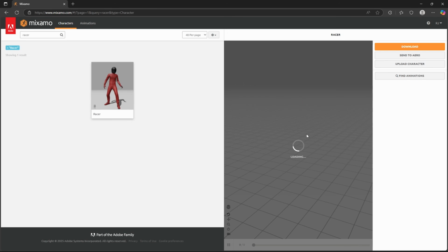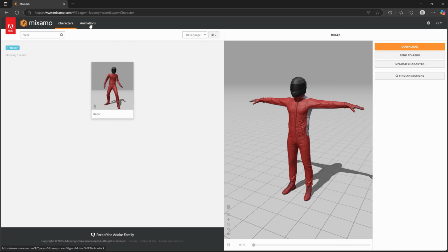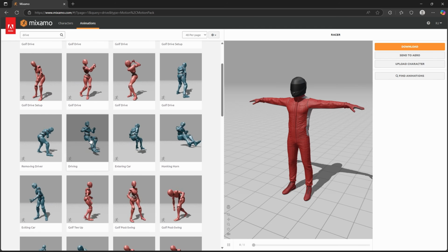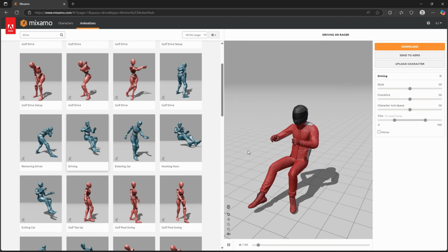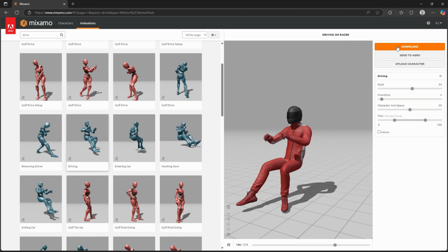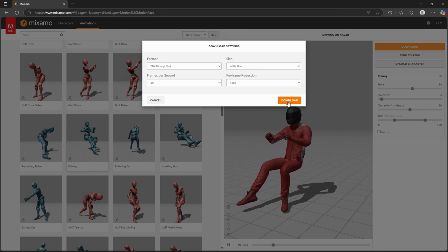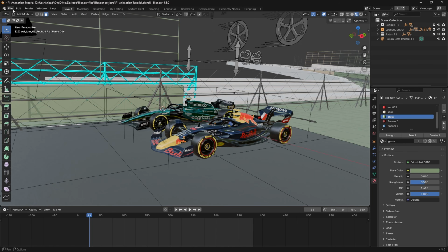You can just use this character. And then for the animation of him driving, you can just go to animations and type in drive. And then you can use this one right here. So I can just go ahead and download that FBX, and then I'll just hit download. Okay, so once you have him downloaded, you can just go over here, right click. We'll make a new collection. We'll call it race driver,